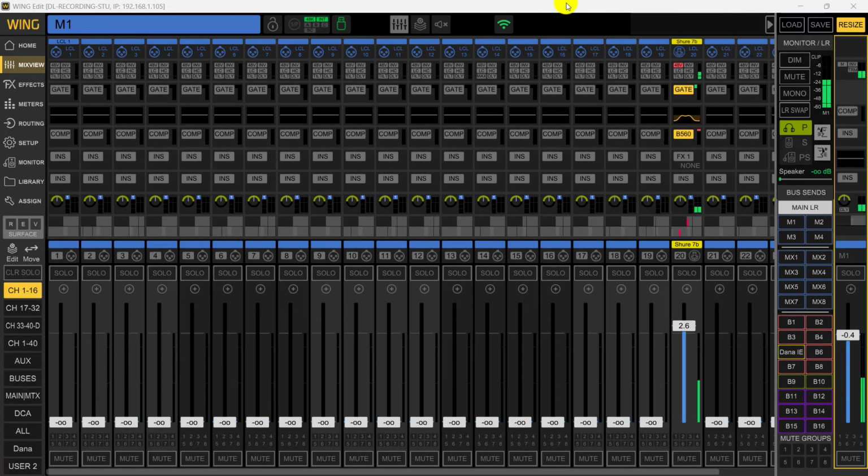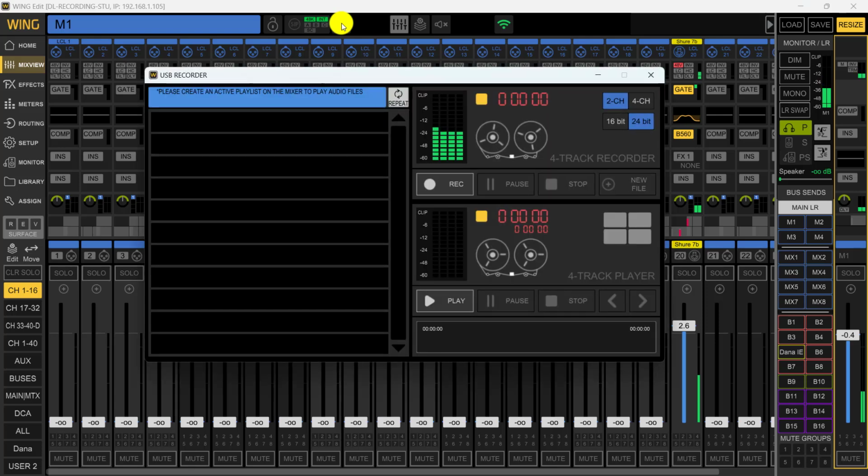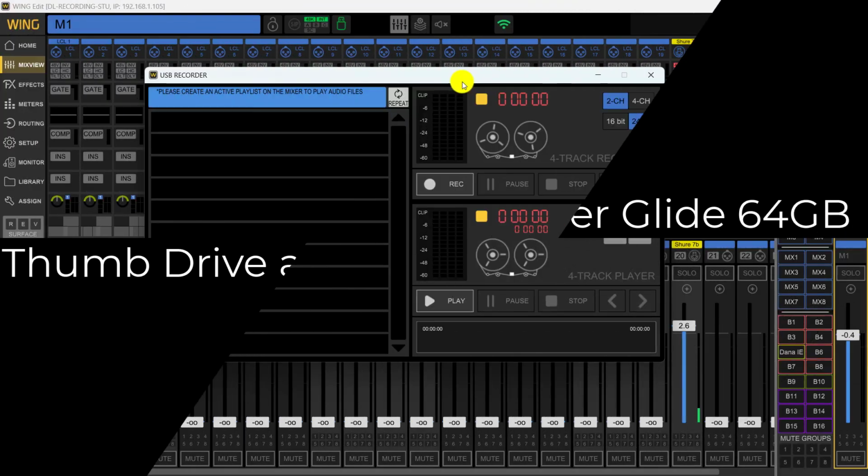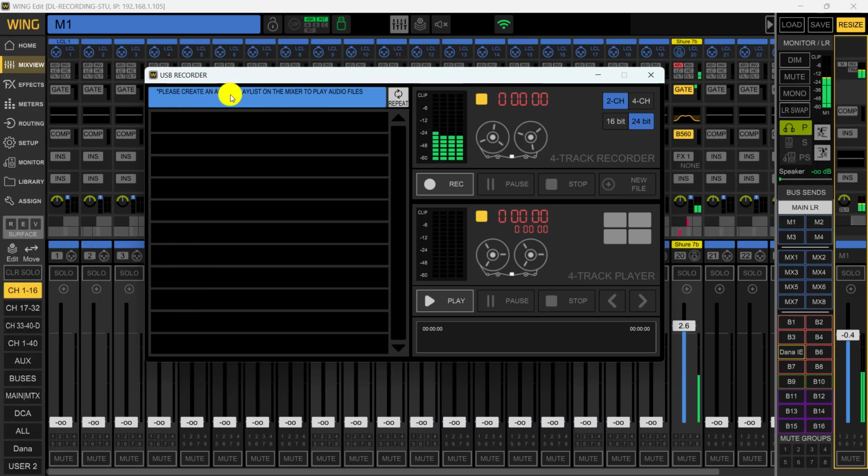My name is Dana, and today we're going to be talking about the inputs for our USB recorder. And that's what this is right here. Now, if you'll notice, it says please create an active playlist on the mixer to play audio files. This is something you actually have to do from the mixer. But as you can see, I've got 4 tracks coming in here, and let's go see where I pulled them